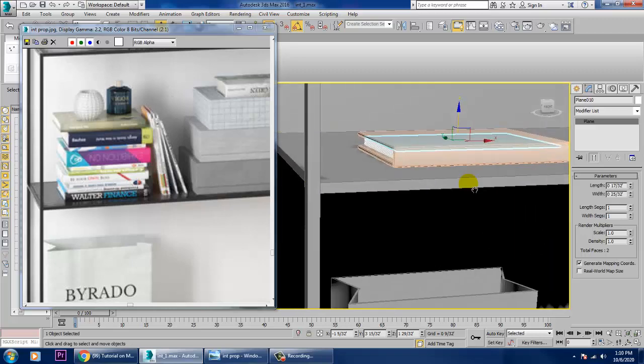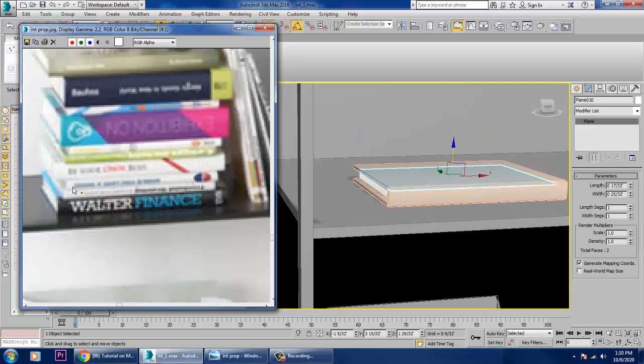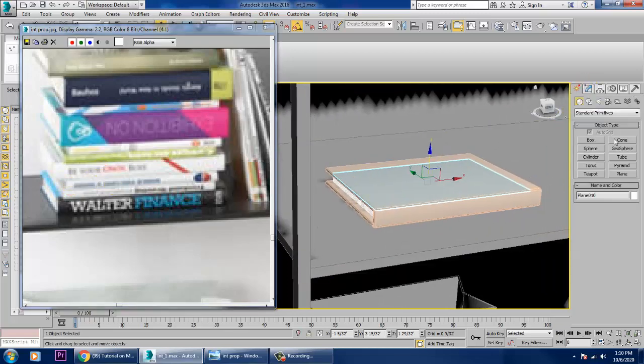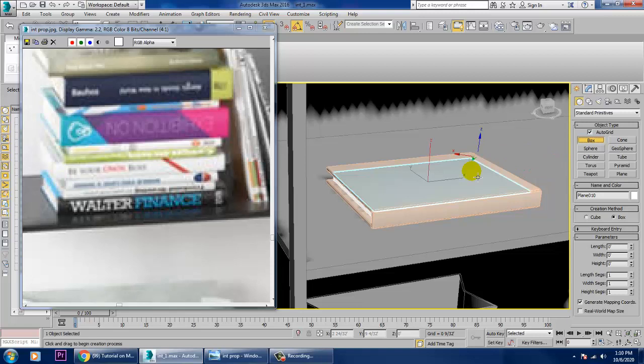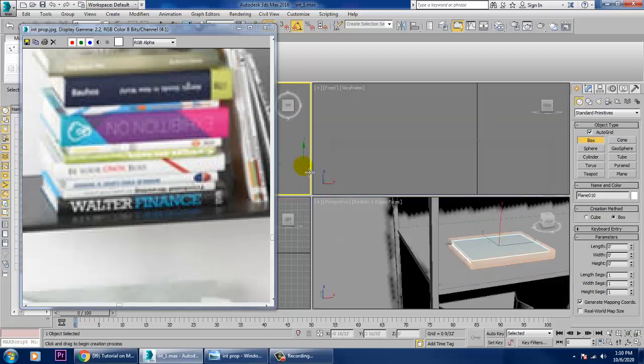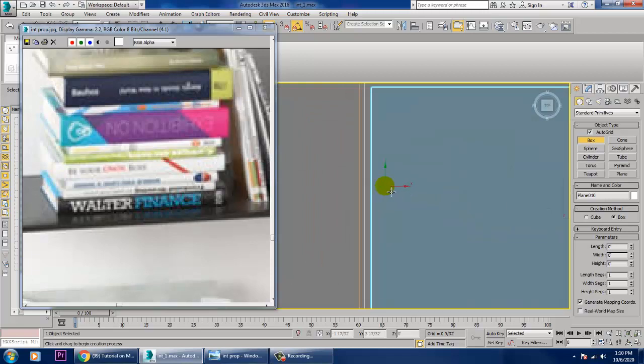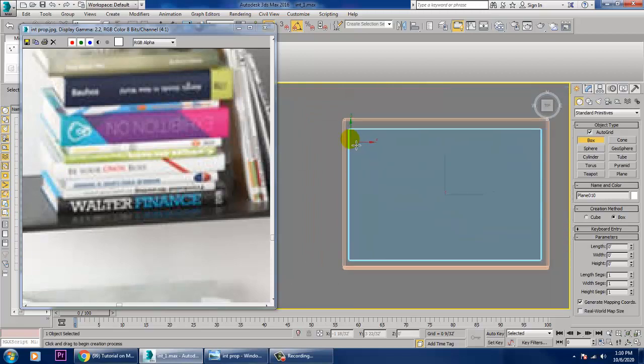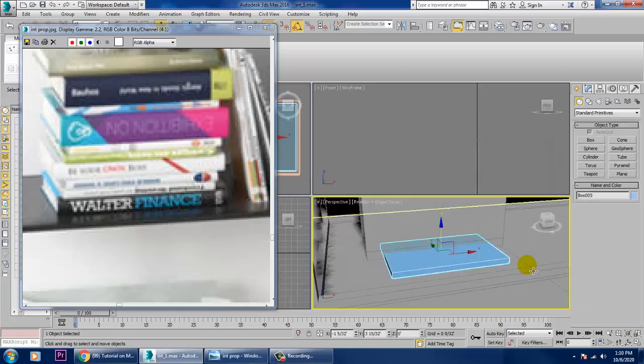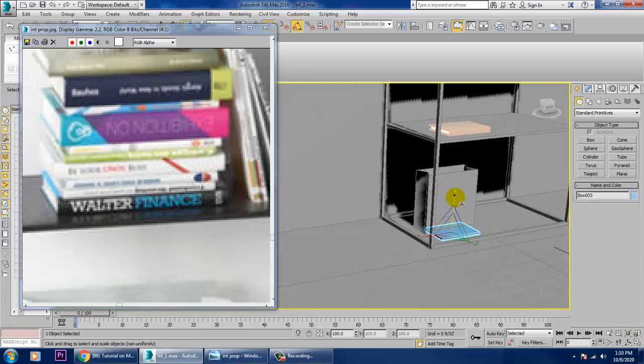A few of these, you see, are just a texture. So we'll again go to the top view and take a box and put it on top of it.